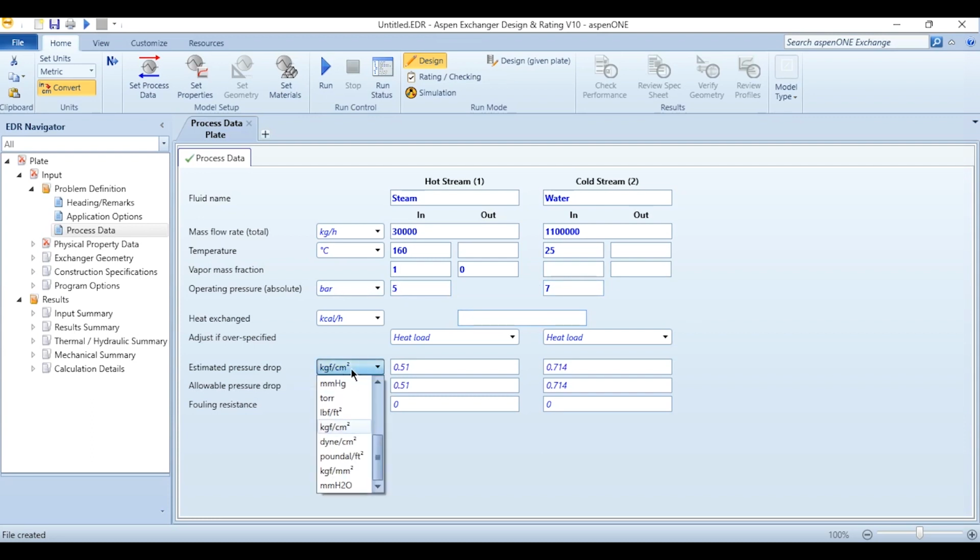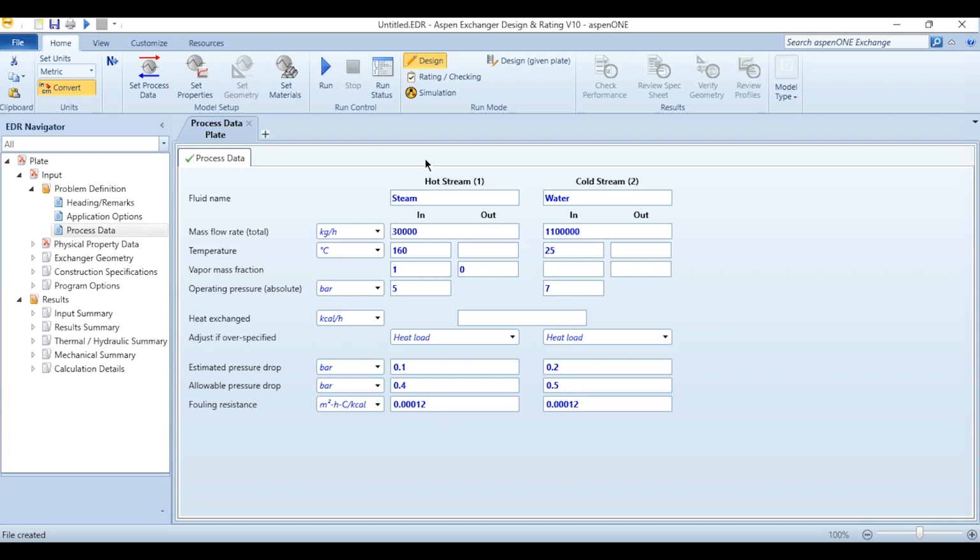So the estimated pressure drop we have been given. First we will convert the unit to bar. Here it is 0.1, here it is 0.2. And for the allowable pressure drop, first we will change the unit, 0.4 and 0.5 bar. We have to define the fouling resistance as we have seen in our previous example, which was related to the shell and tube heat exchanger, that it gives a warning when you do not specify the fouling resistance. In that case, we had not specified the allowable pressure drop and fouling resistance, and we had checked that Aspen gave us the warning. So we take a fouling resistance of 0.00012 square meter degree centigrade per kilowatt.